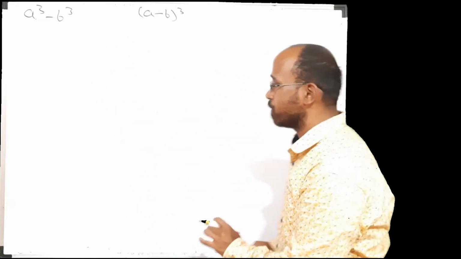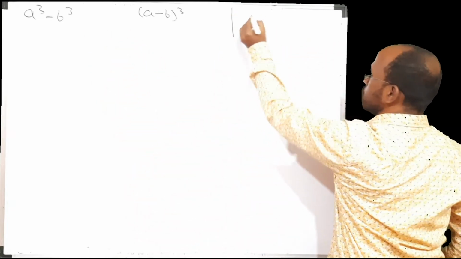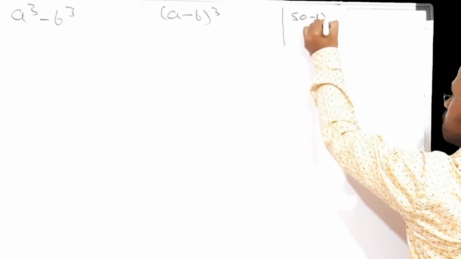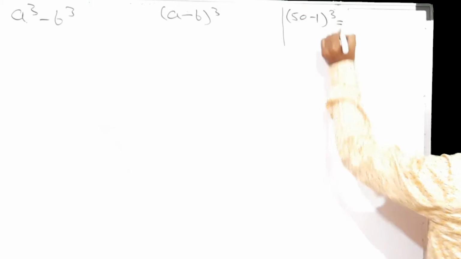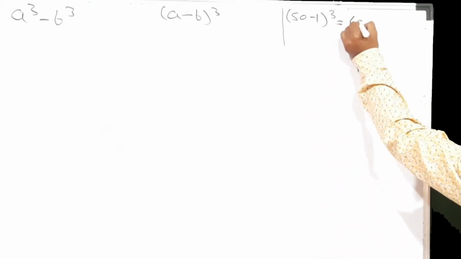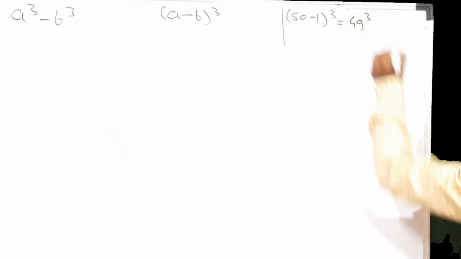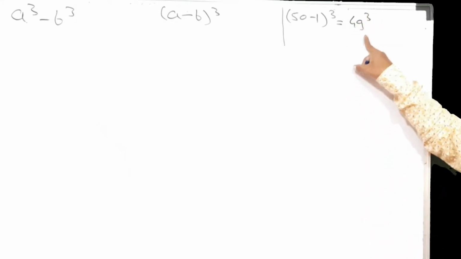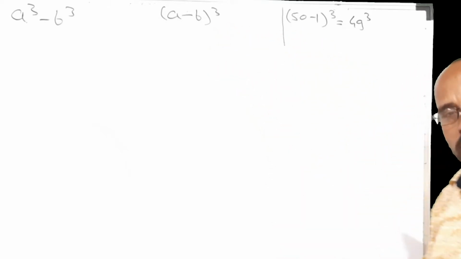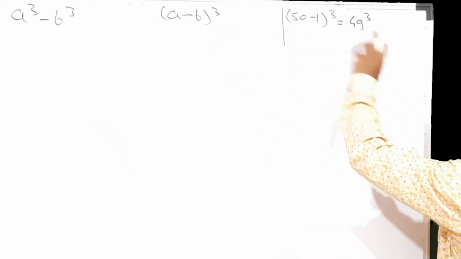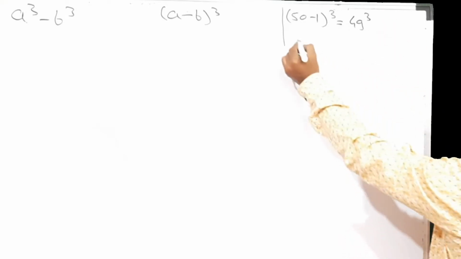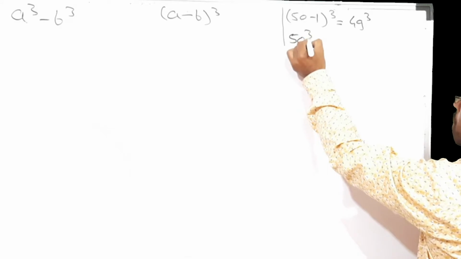You may verify it with a few numbers, like suppose (50 minus 1) cube, which is nothing but, according to BODMAS, we will solve this first. 50 minus 1 is 49 cube. You may use the calculator to find the answer, or the (a minus b) cube formula which we learned in the last chapter. So (50 minus 1) cube is equal to 49 cube, which is one number, and 50 cube minus 1 cube,